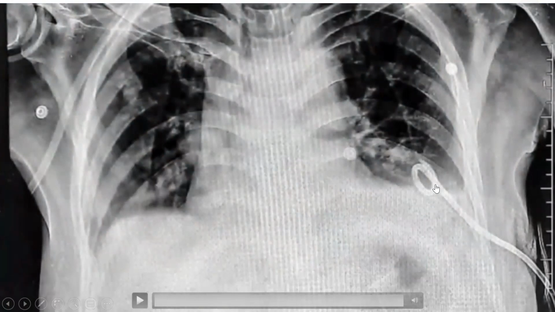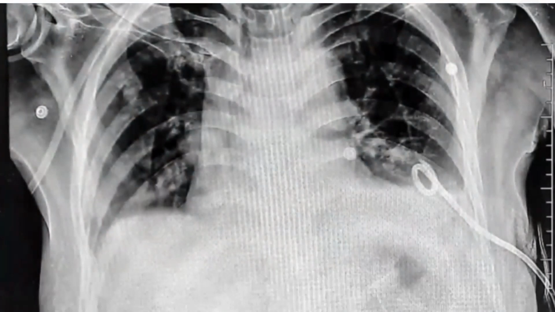And this is often done, friends. You wouldn't put this pigtail for anyone and everyone who has a pleural effusion due to, say, chronic kidney disease or cirrhosis of liver, or due to heart failure or any other reason. Mainly we would put in for a patient who is overtly distressed, at least in ICU, to relieve the distress, to relieve the work of breathing. And any pleural effusion, we don't jump around and put a pigtail. So that is something each one of you should keep in mind. It is to be done in patients who are in respiratory distress or who are still needing oxygen requirement, or to reduce the work of breathing, to help you wean from the ventilator, and so on and so forth.